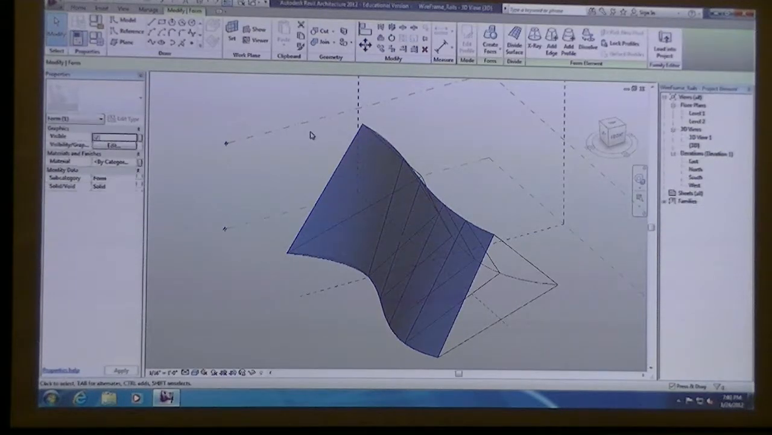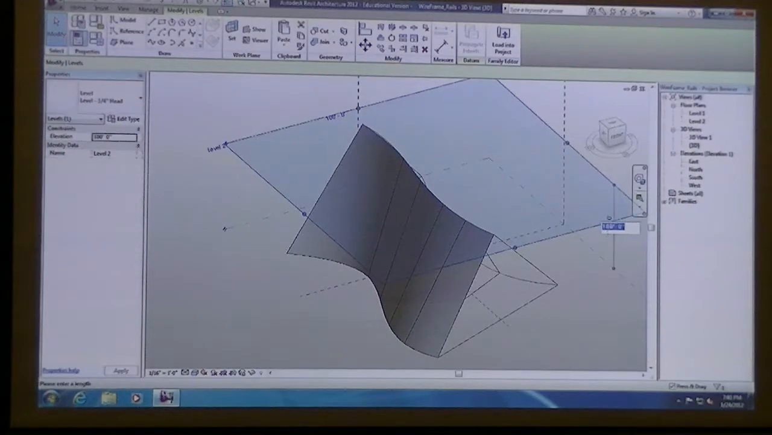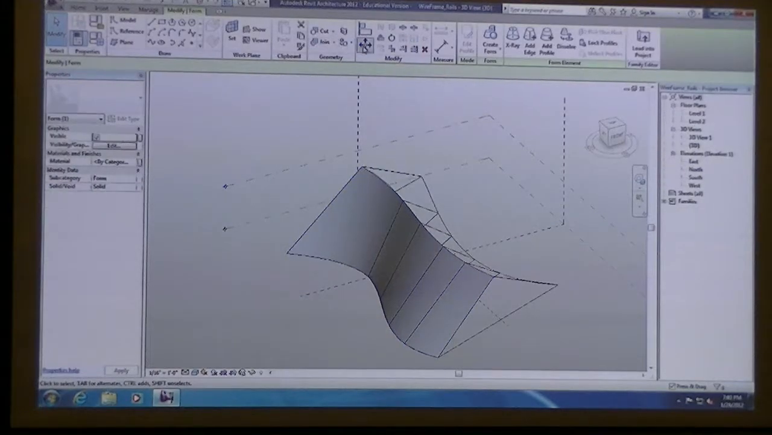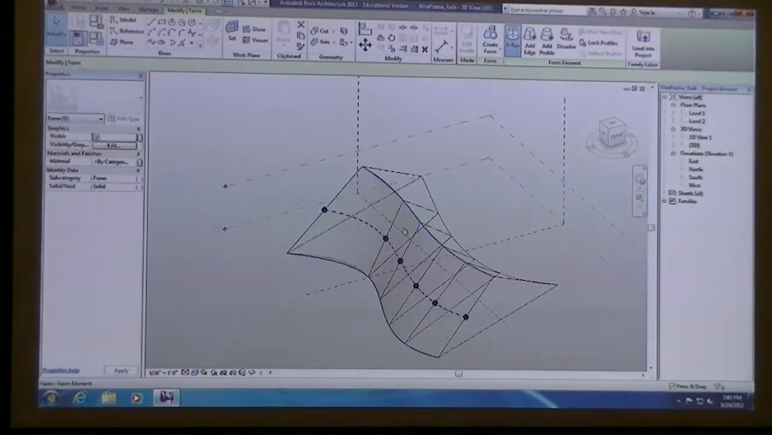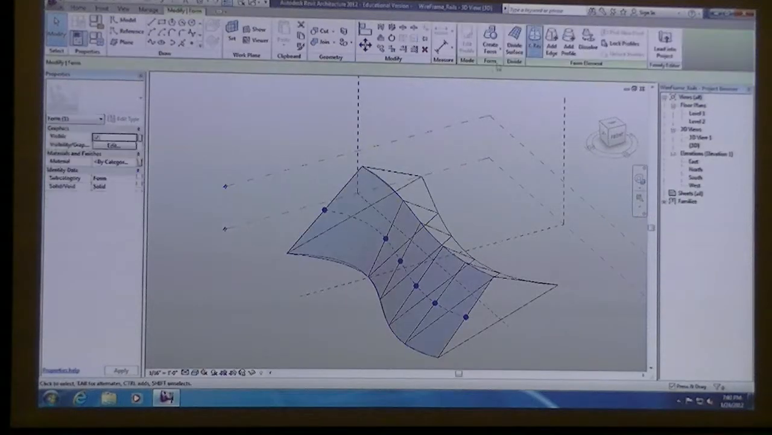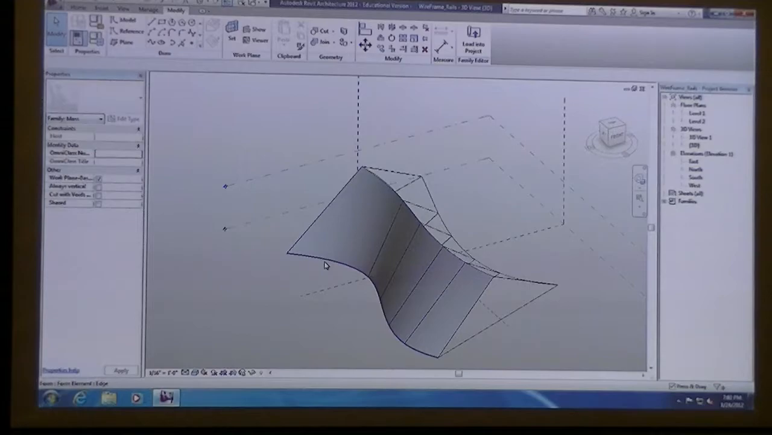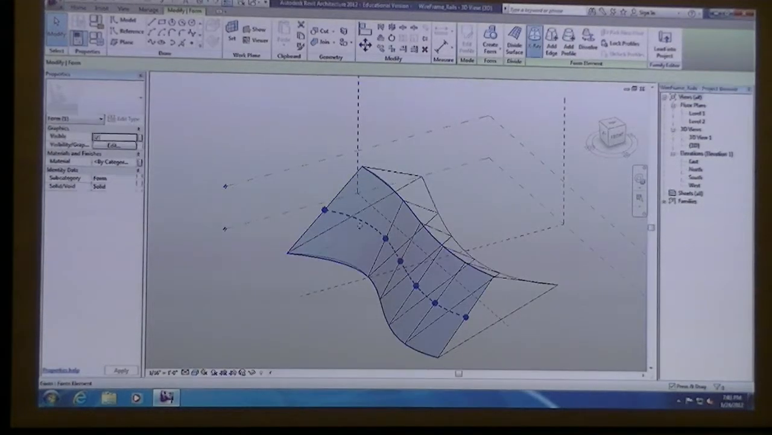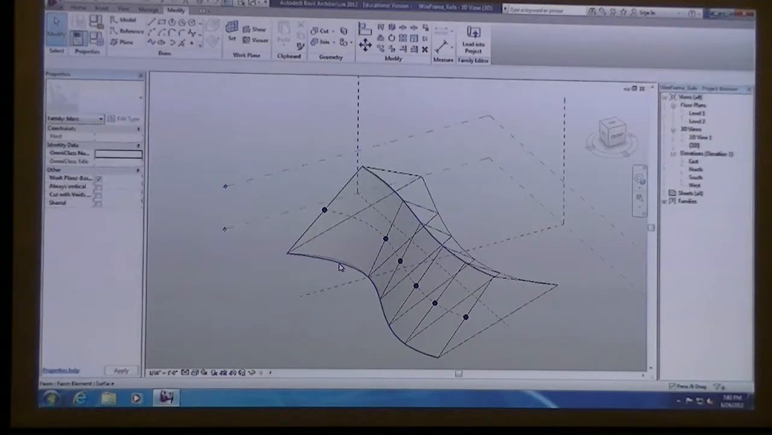And again, all of this is adaptive, so by changing any dimension, your surface will update and everything will be parametric. And once you make that surface, if you turn on the X-ray command, you can further